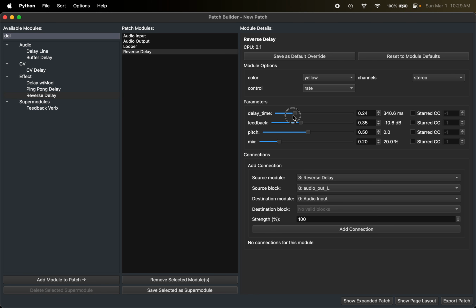Additionally, in the sliders, you'll notice that there's a new display for whatever unit the ZOIA is using for that parameter. So delay time is in milliseconds, feedback is in decibels, mix is percentage, that sort of thing. There are some that aren't going to be displayed, such as note information for the keyboard, and the ones that are more like text driven rather than like a unit. Those are a little trickier, so I haven't figured that out yet, and I will add that in the next update. But for now, it just gives you a sort of an indication of what you're actually tweaking from a